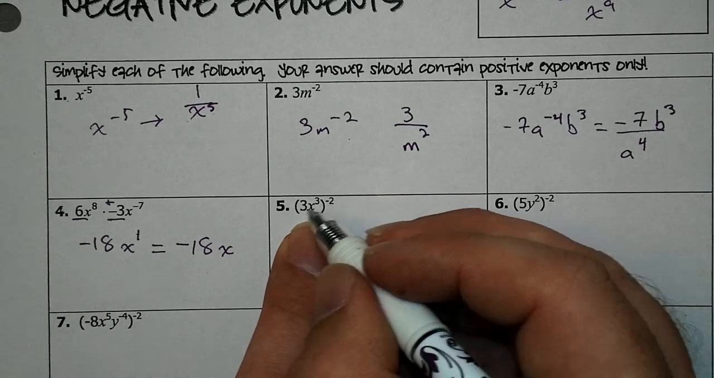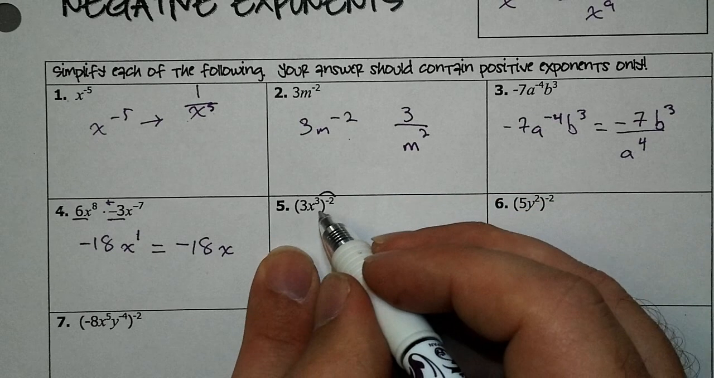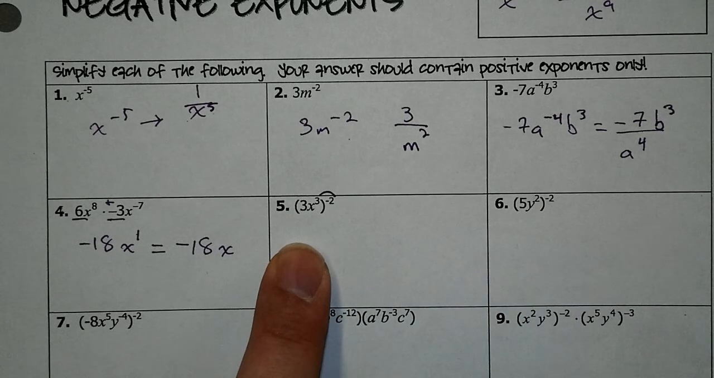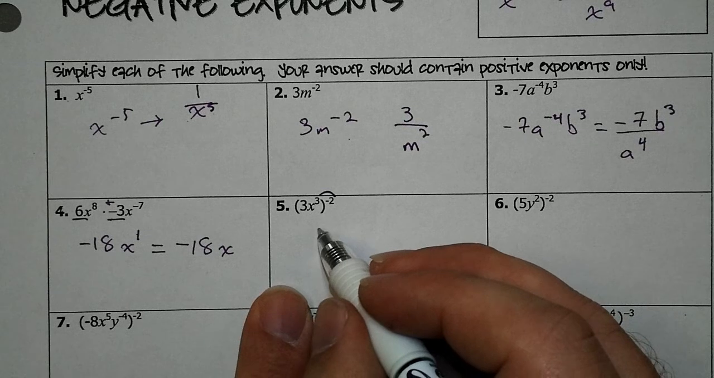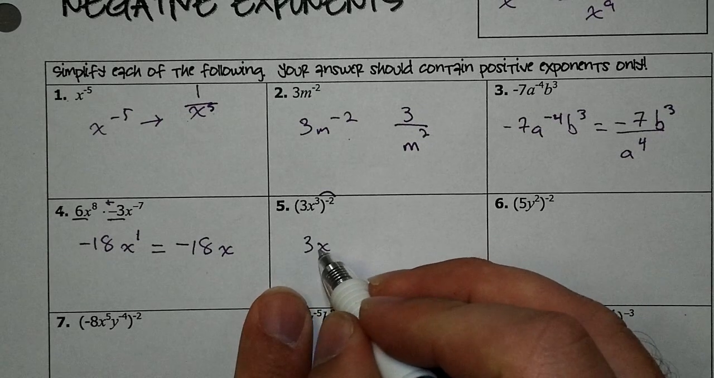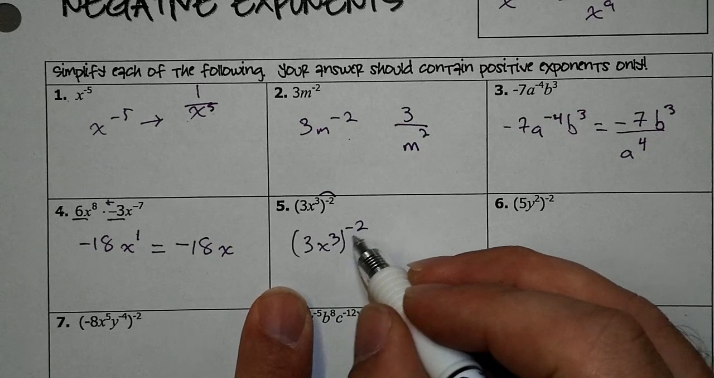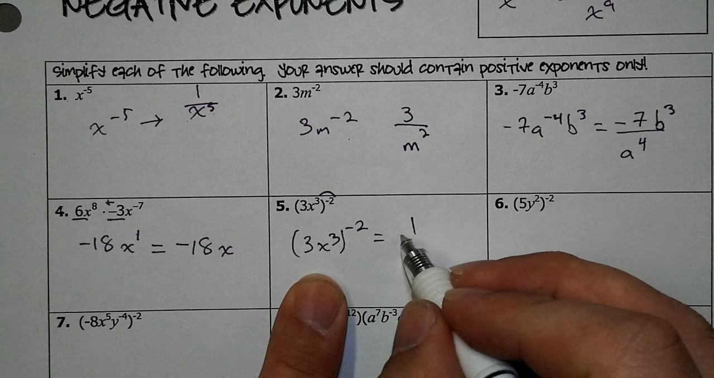Number 5, we have the power rule, which means we multiply the exponents. So 3 to the negative 2 is being raised to a negative, and x to the third is being raised to a negative. So both of them we're going to have to flip. We're going to have to flip both of them because everything's being raised to the negative. So this would be 1 over